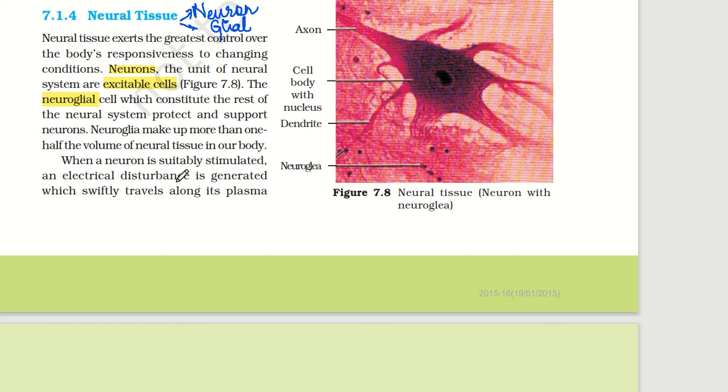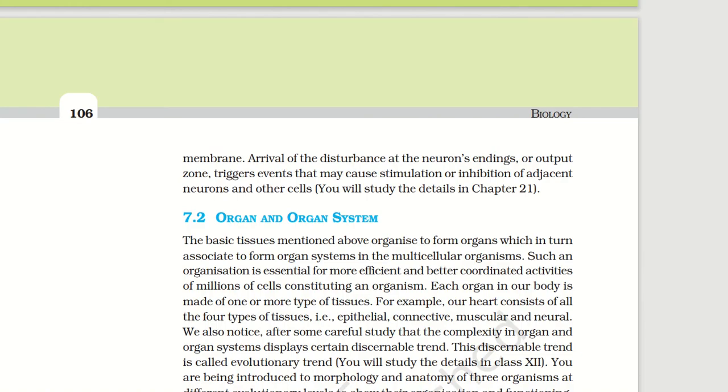When a neuron is suitably stimulated, an electrical disturbance is generated which swiftly travels along its plasma membrane. So the plasma membrane of the neuron will take up the signal that it is receiving. If you remember, in class 9 and 10 you have studied the structure of a neuron. We will discuss about the